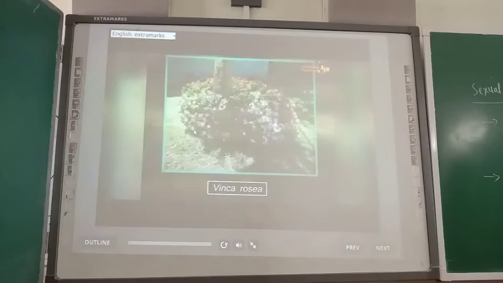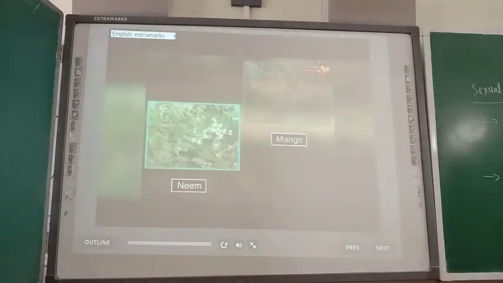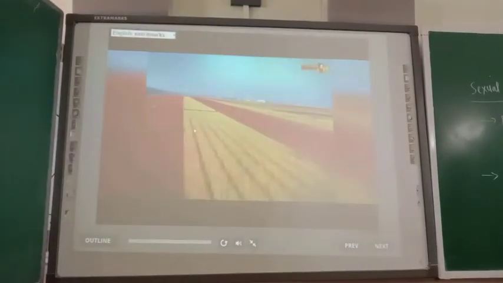Different flowers bloom at different times of the year. Some plants like Winsor rosea bloom throughout the year, while blooming in some parts like neem and mango occurs once in a year. Flowers are always the best way to express our feelings, no matter what the reason or occasion might be. They are the ultimate ornaments to enhance aesthetics of a place.